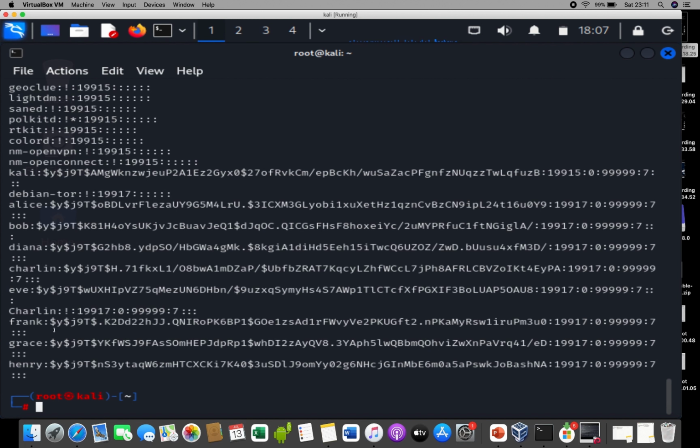So now if I want to log in as one of the users, what I will do is